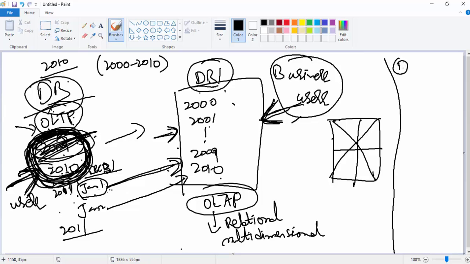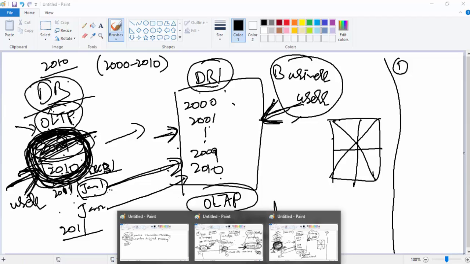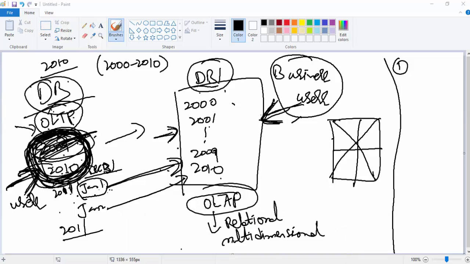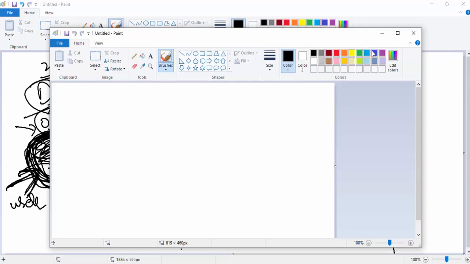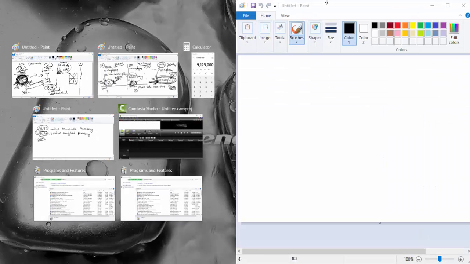The first difference between OLTP and OLAP. OLTP is the transaction processing, meaning it will have the live data, and OLAP is the historical data. It will not have the live data. OLAP will not have the live data, because